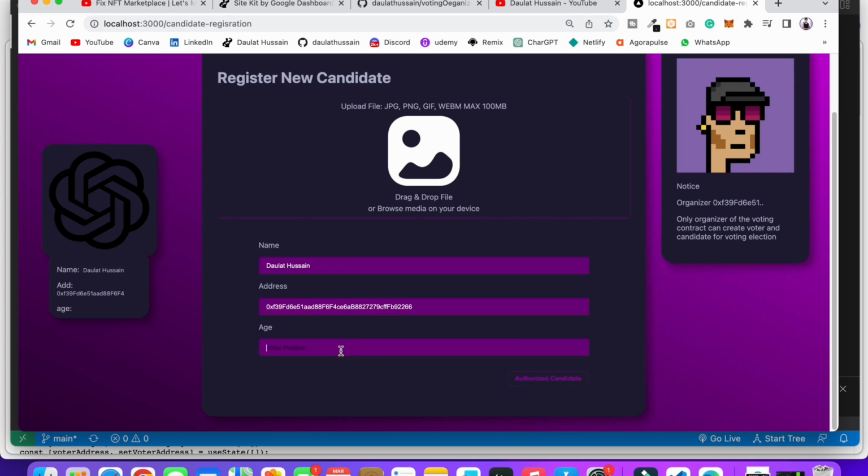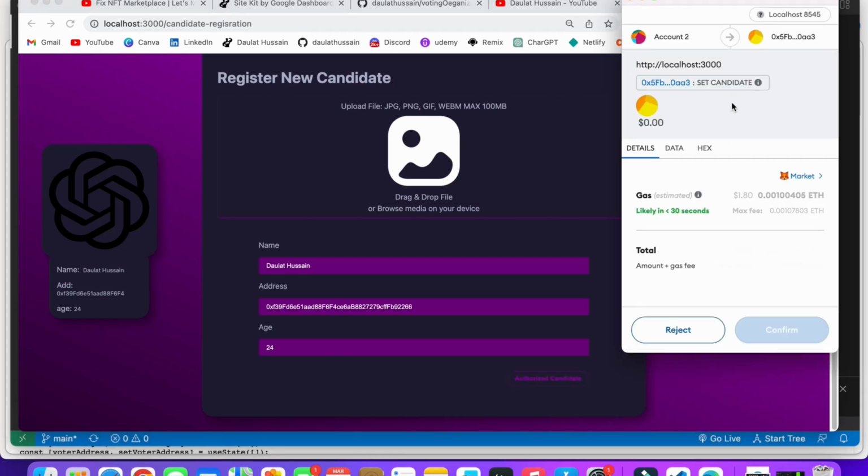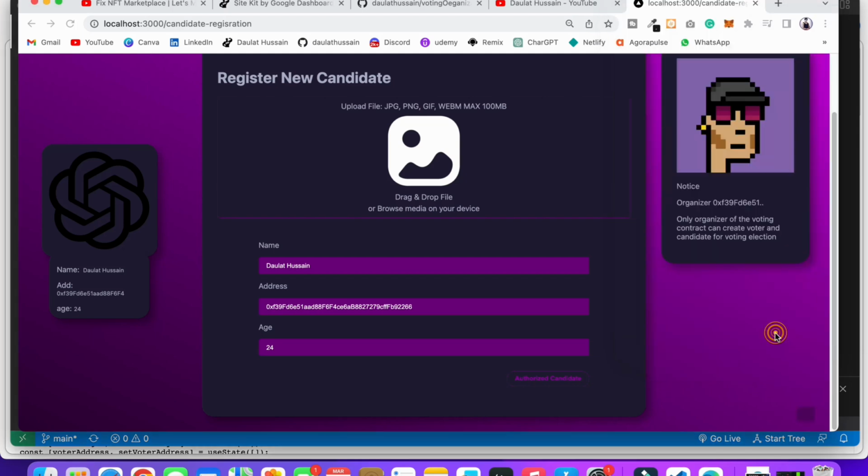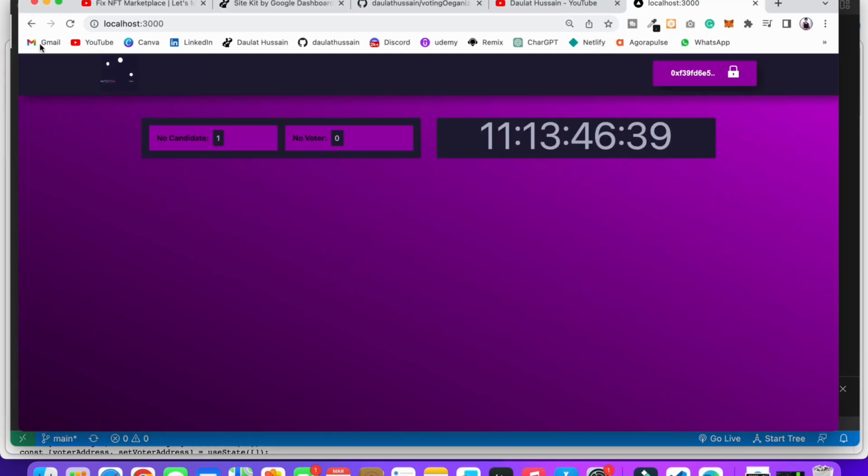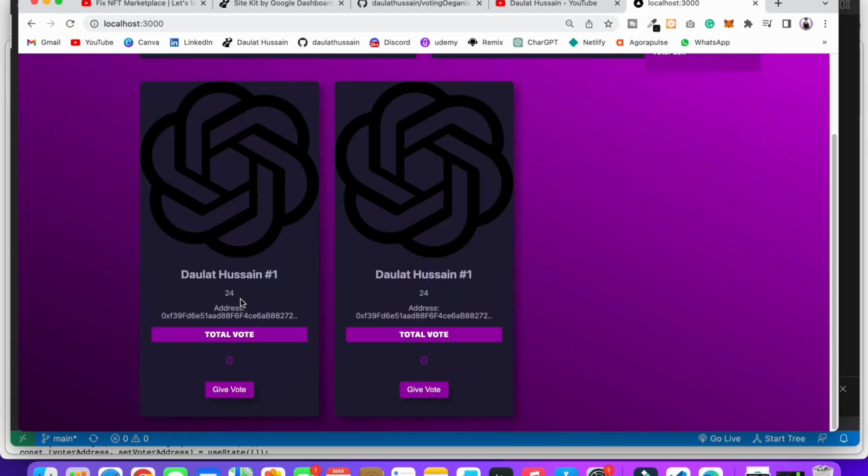Age is optional, or no, it's not optional, you have to provide. So let's say 24, and click on authorize. So here we have the MetaMask. We are interacting with the smart contract to send the candidate, and we're going to click confirm. So the transaction went through, and if you reload the browser, here you will find the candidate we have